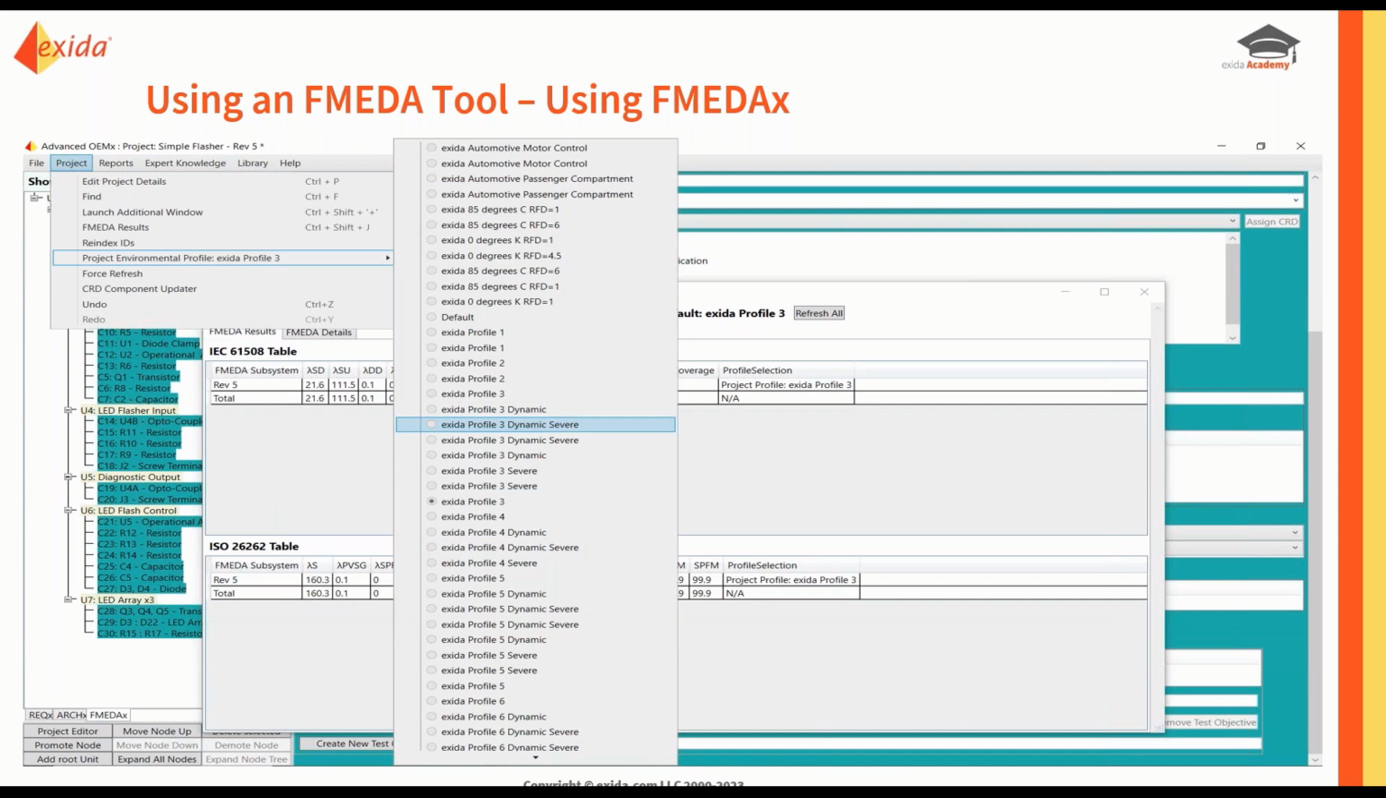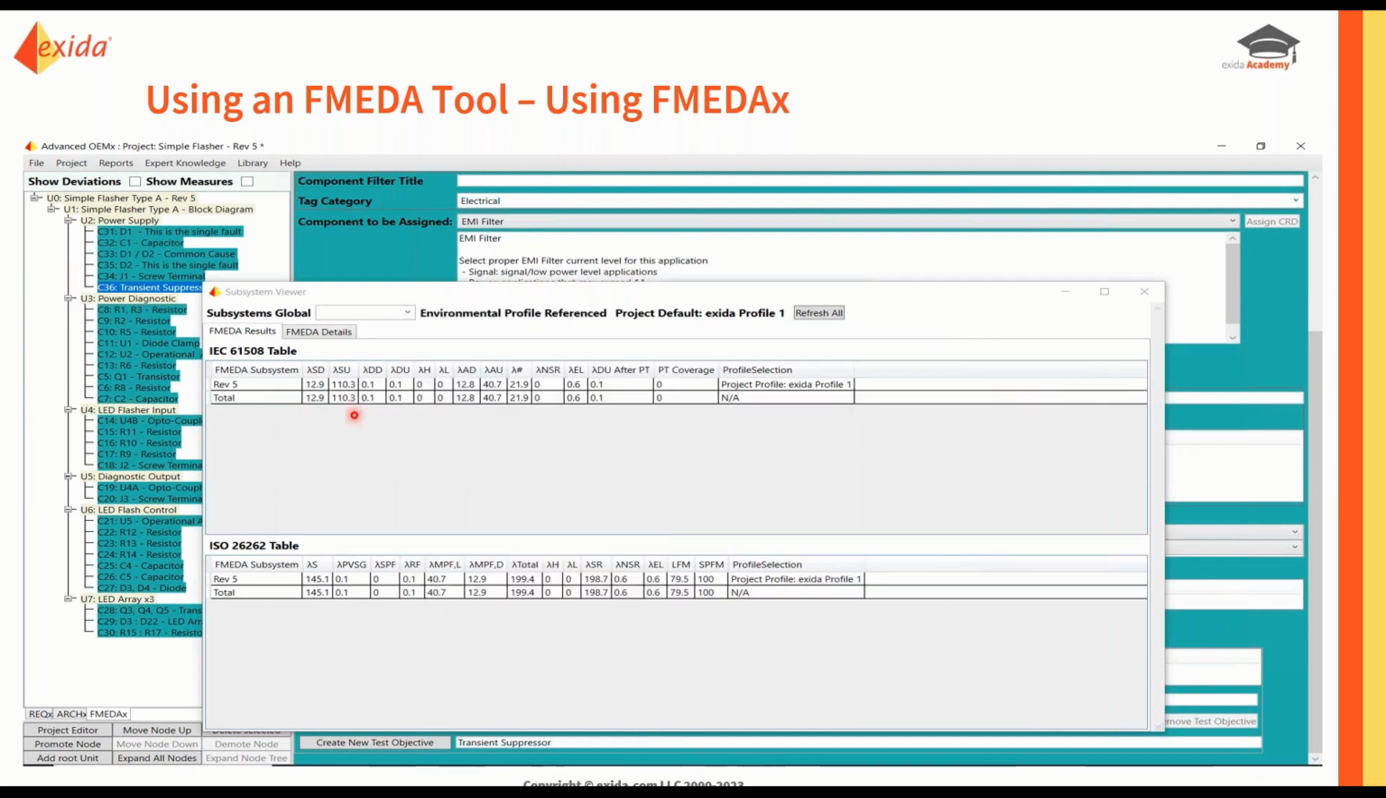We've currently got exida profile 3 selected. We're now going to change that to exida profile 1, which is a cabinet mount, kind of lower temperatures, more ambient room temperature type environment. So you would hope and expect to see a drop in some of your failure rates. So if we just keep in mind safe undetected failures are 111.5. By clicking on the new profile, we've seen a drop in our safe undetected, and we've also seen a drop in our dangerous